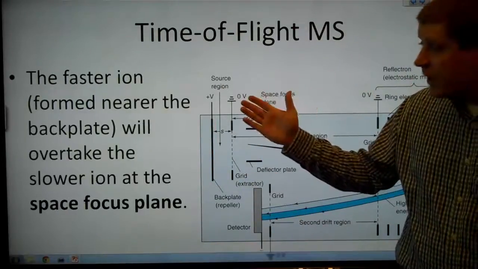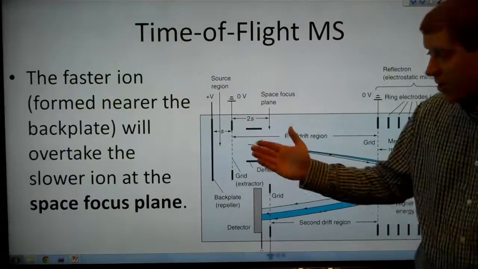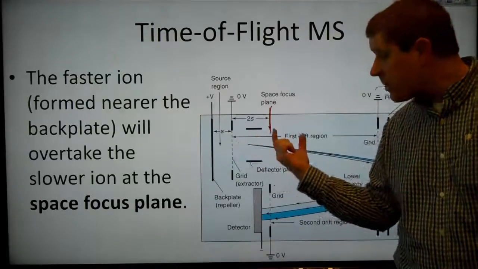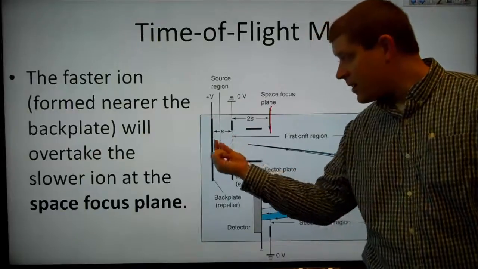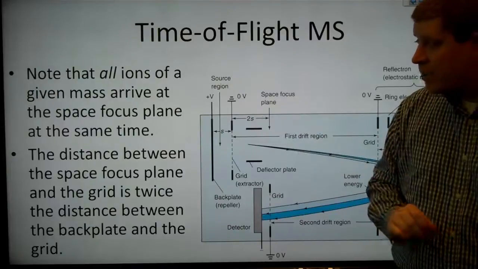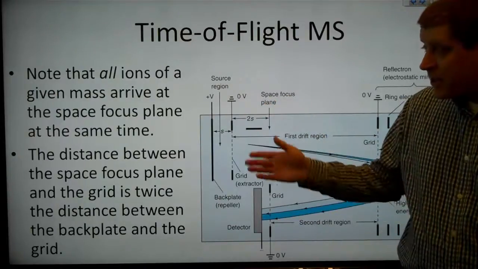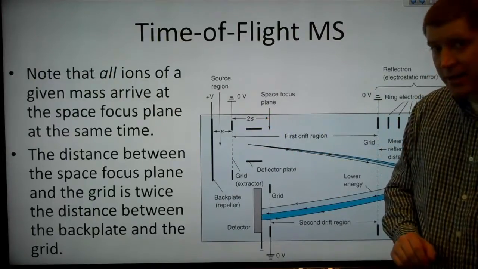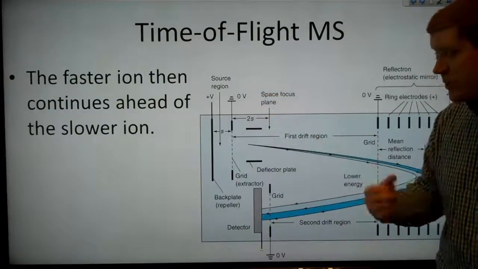So our faster ion, formed near the backplate, will overtake our slower ion at what's called the space focus plane. Now note that the distance between the grid and the space focus plane is twice the distance between the grid and the backplate. Also note that all ions of a given mass will arrive at that space focus plane at exactly the same time. So the faster ion then continues ahead of the slower ion once it passes the space focus plane,